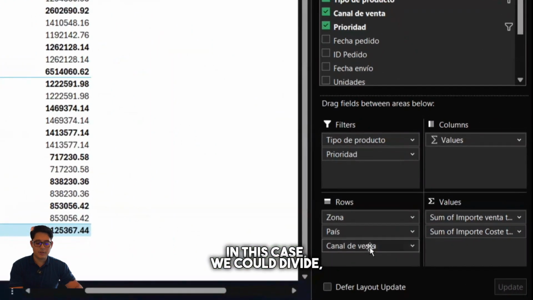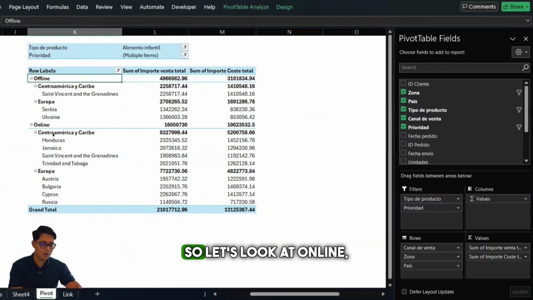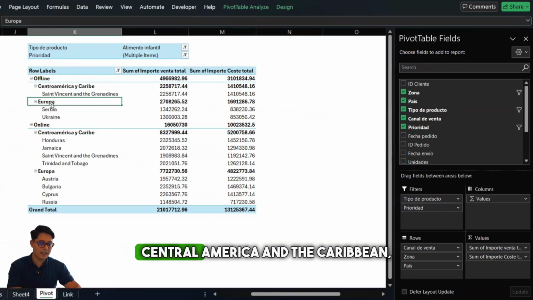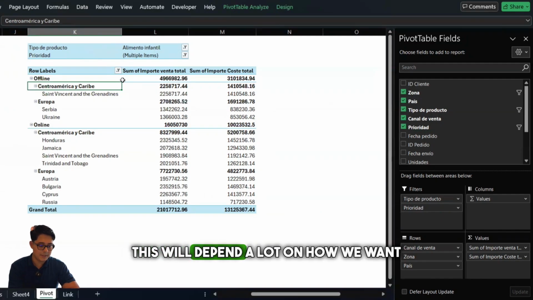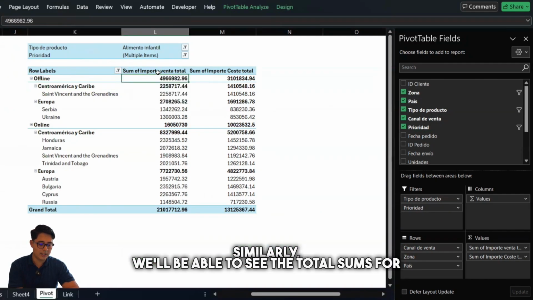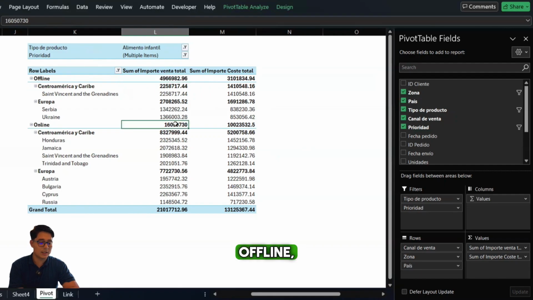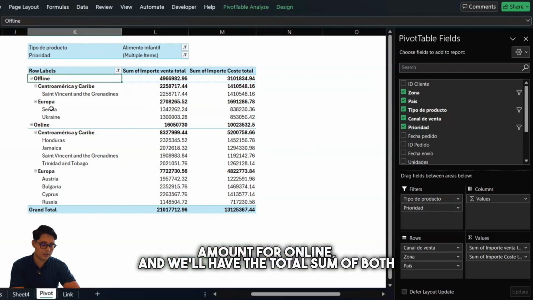In this case, we could divide, for example, the sales channel as a first group. So let's look at online, offline, Central America and the Caribbean, Europe, and the different regions. This will depend a lot on how we want to view the data. Similarly, we'll be able to see the total sums for offline, showing only the total sales. We're also going to have the total sum of the sales amount for online,